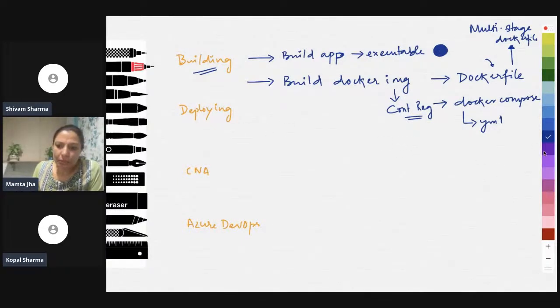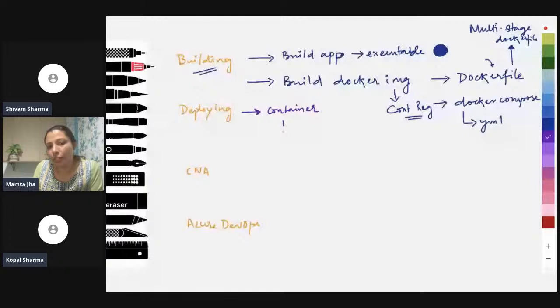Now, coming to the second point, which is deploying. Because we are creating containers, I can deploy that in multiple ways. I could have used Azure's web app, in which I can deploy it as a container.